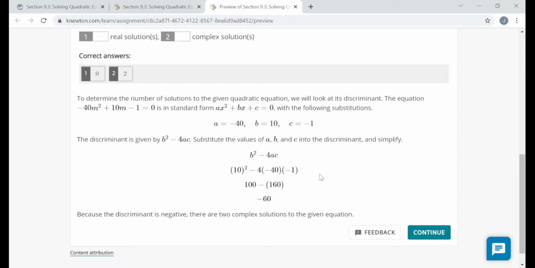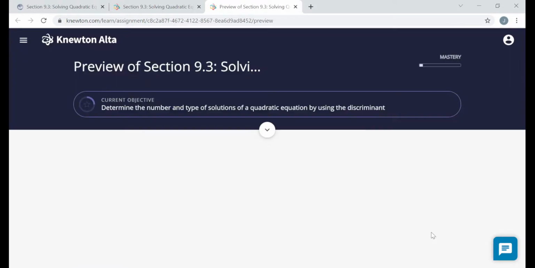Or maybe they went through an alternate method that you might like better, so then you could try that out in future questions. Now, if you got it wrong, definitely read the answer explanations because you want to learn from your mistakes. You want to see why you were wrong or where you went wrong, and hopefully you can do better in the future. All right, so the next question